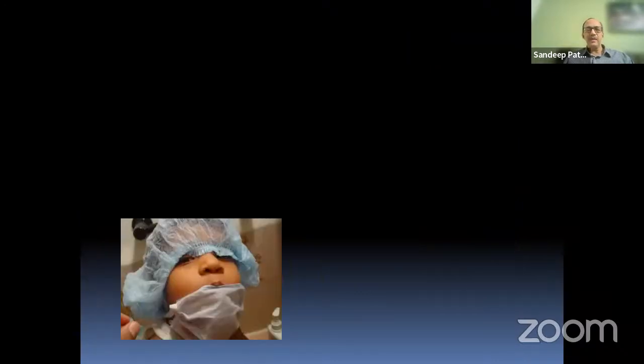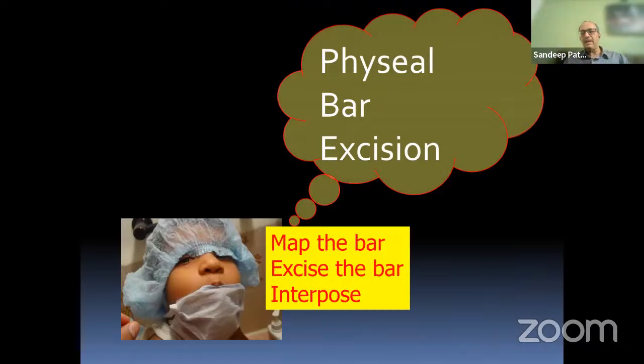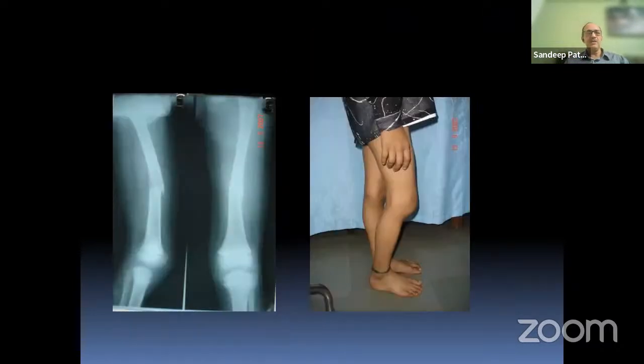Fantastic. Very nice. The next case is a physeal bar excision. So how do you excise a bar, right? So you have to map the bar, you have to excise the bar, and you have to interpose something to prevent reformation. So this is an example where I have again demonstrated that this child, you see, had a femoral